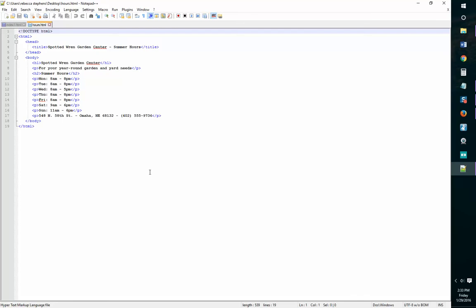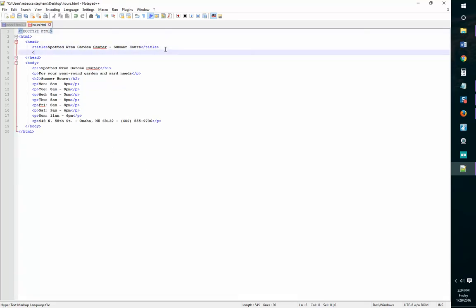B, in the head section, insert a comment containing the text Spotted Wren Garden Center Summer Hours webpage. So if you want to be reminded what the comment format is, you can go to page 12 of our book. And here is an example. And so what we're going to do is right underneath the title, we're going to put the exclamation mark and 2 dashes. And then we're going to go back